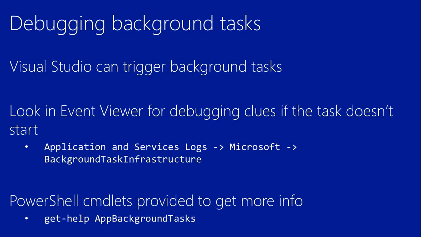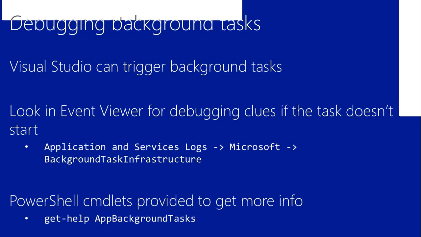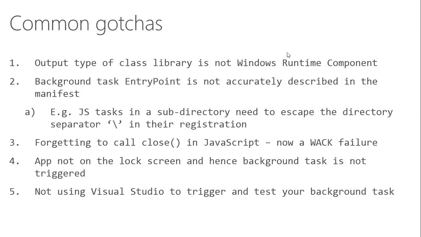Along with that, in 8.1, there are PowerShell commandlets which are provided. You can run these commandlets and get all the information you want for your background task. So these are the two methods we've given for debugging of the background task. Go ahead and try these when you are playing with background tasks at home tonight, if it gets you excited enough. So debugging is not a problem now. If you have any confusion regarding debugging, you can either use the background task event viewer, or you can use the PowerShell commandlets.